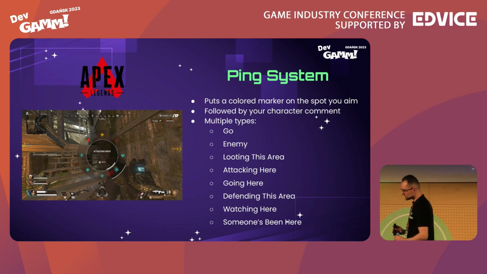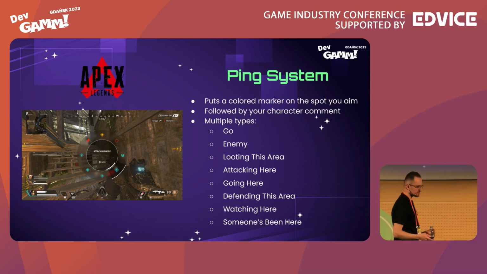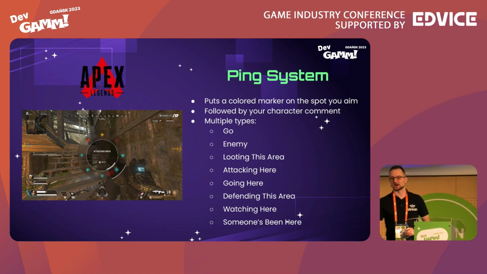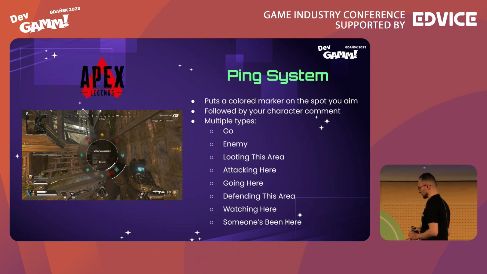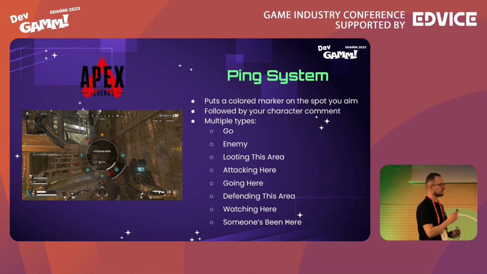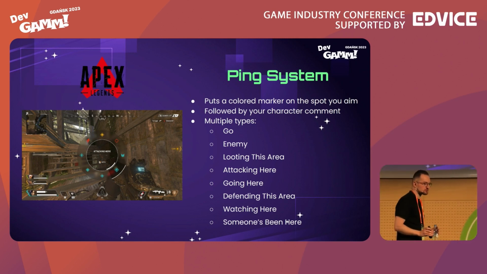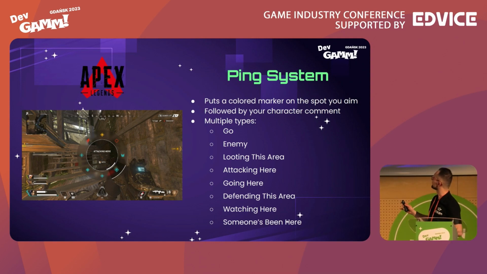If you think about it, this is essentially a very simplified form of text chat. The only difference is that the messages are predefined, are enhanced with a map position, and are immediately sent to the private channel of the friends in the group you're playing with within this game session. What's interesting is that Apex Legends primarily relies on voice communication, but such a simplified form of textual communication is a great addition because